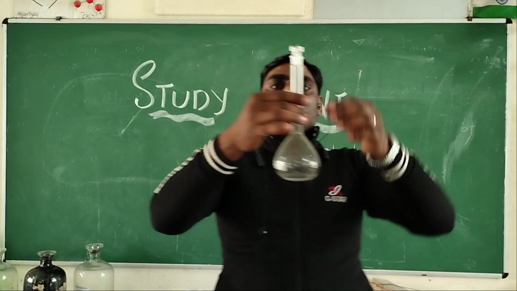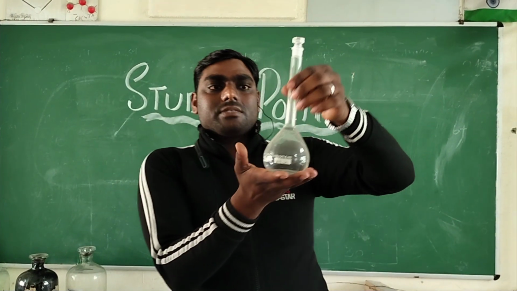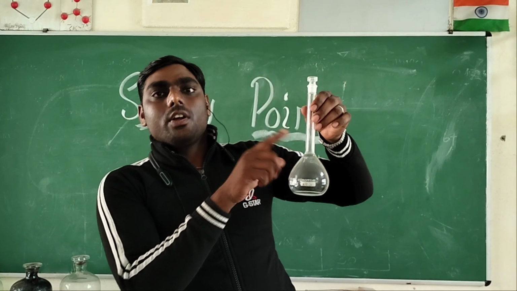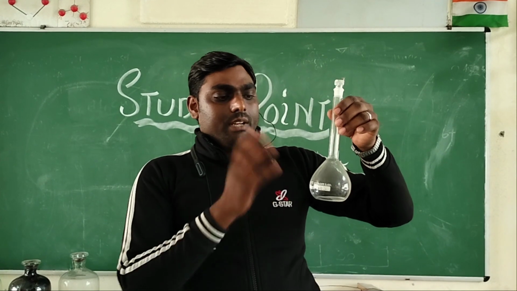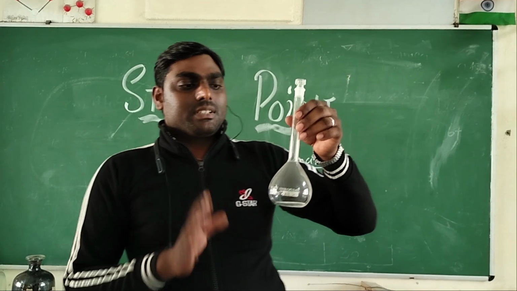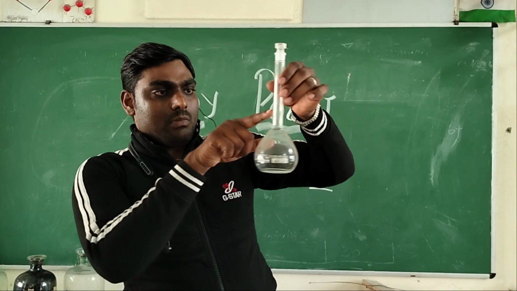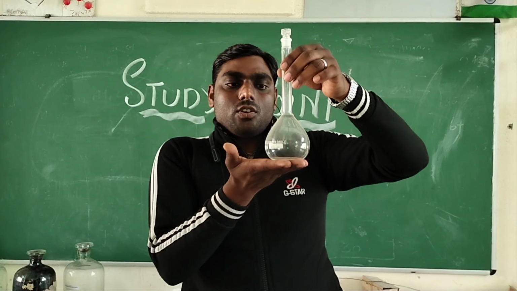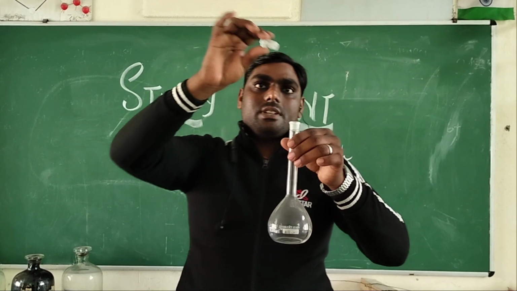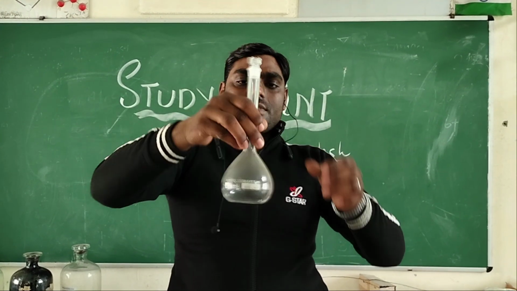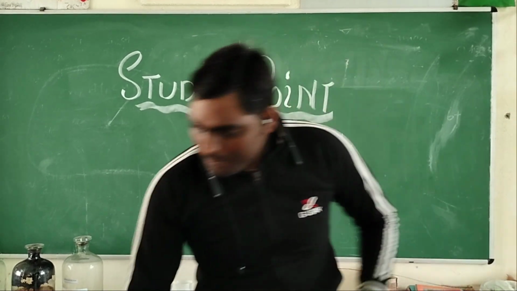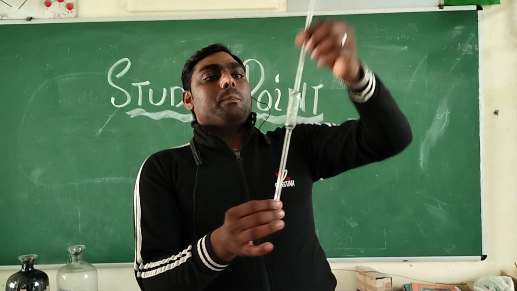Next thing is a measuring flask of round bottom. That's why it is known as RB flask or measuring flask. It has a measurement of 250 ml. Basically, we use this to make a standard solution of any substance of 250 ml, in which a mark is present. It is known as round bottom flask or RB flask, or it is also known as measuring flask. We put the chemical inside it, and after shaking and mixing we make the desired solution.